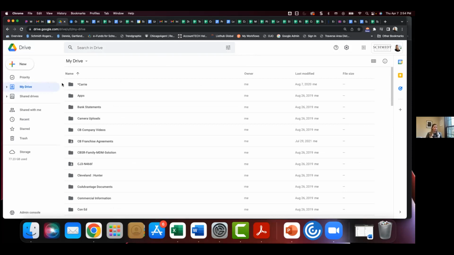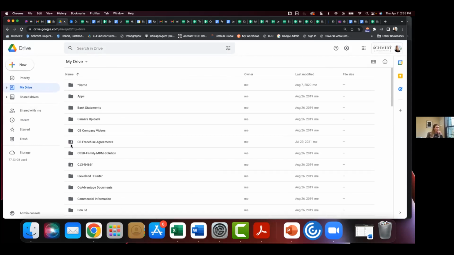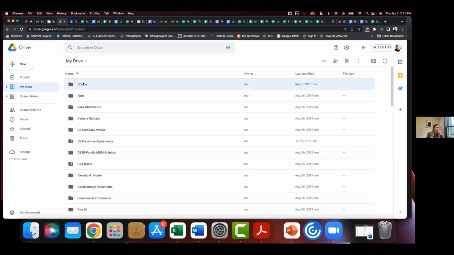sharing outside of the Schmidt family of companies. We do allow it, but we do make sure that it is set so that you understand you're sharing that data outside of the company. So we rely heavily on the Google Workspace security to make sure that our data stays safe. Anytime you see a little bobblehead on anything, that means that document or that folder is shared with other people. So for example,